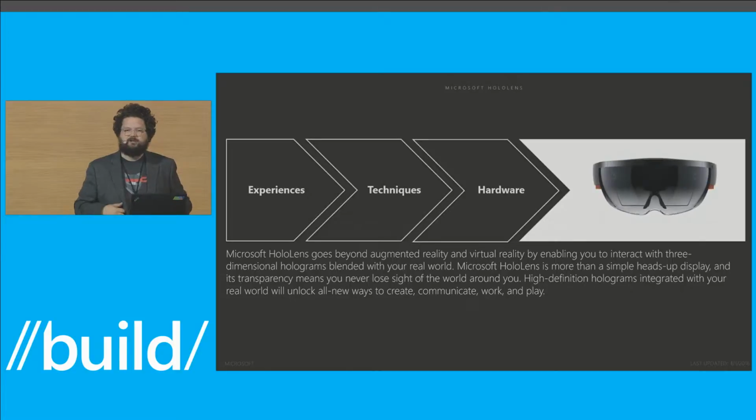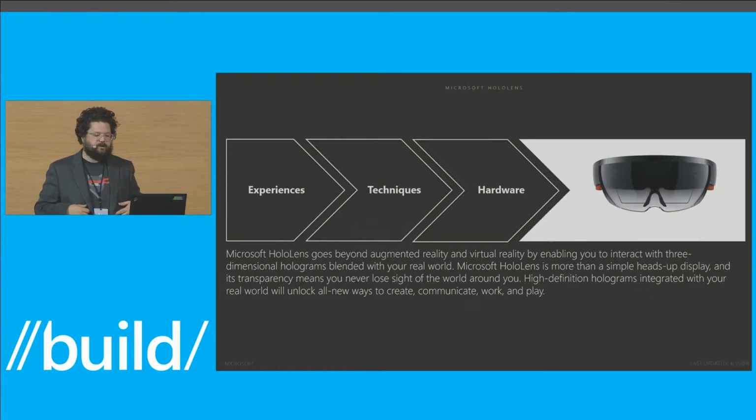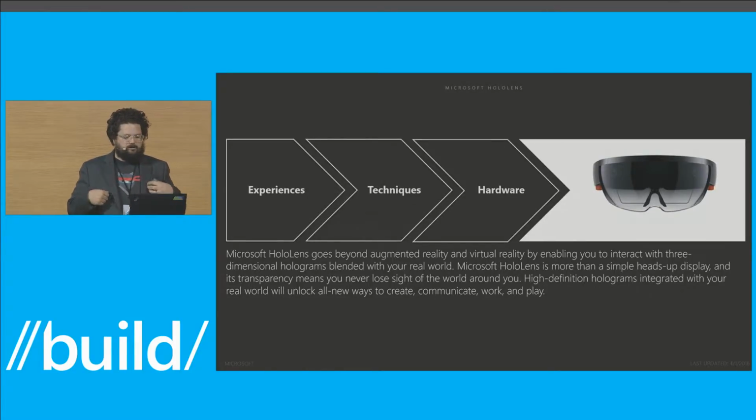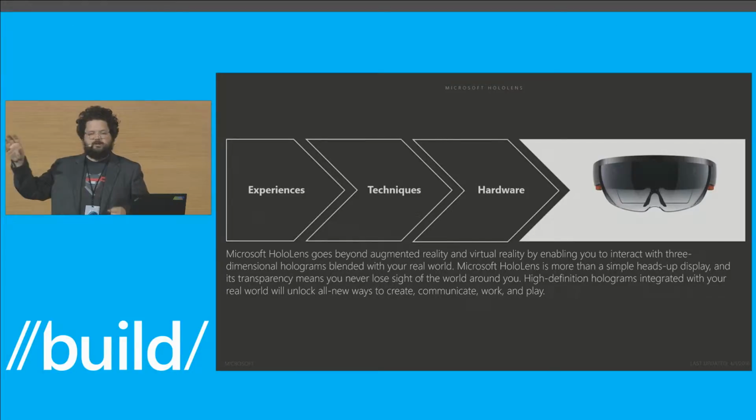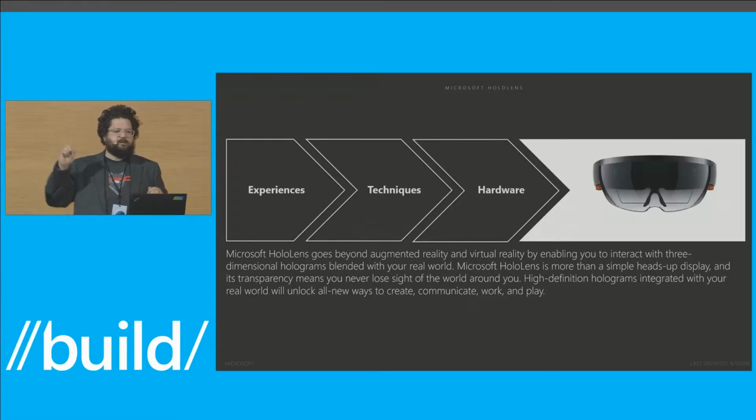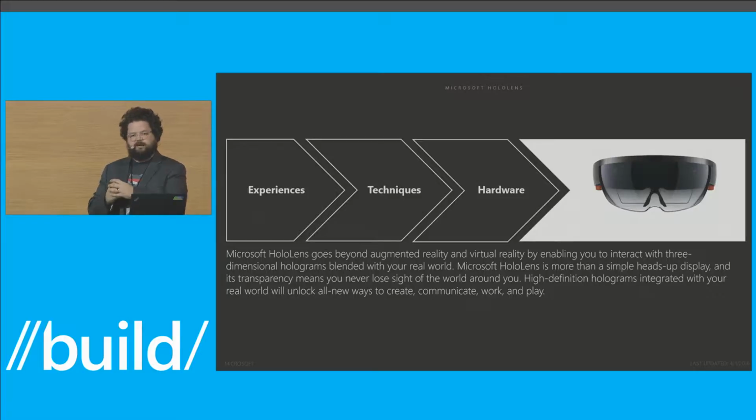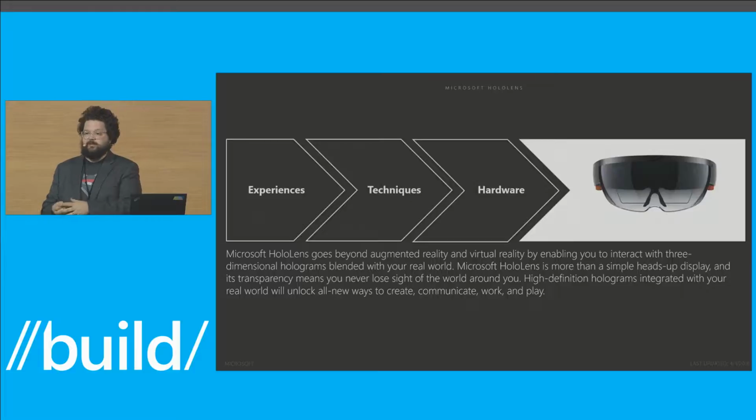So my journey started over 3 years ago. And all of my friends back on the HoloLens team, we all wanted to unlock some new ways to create, communicate, work, and play. And so we had a bunch of experiences in mind. But in order to achieve those experiences, we knew we'd have to develop some specific techniques in order to explore them, and to do that, we needed hardware. And that ended in the dev kit that was released this week. And today, as people receive their dev kits,